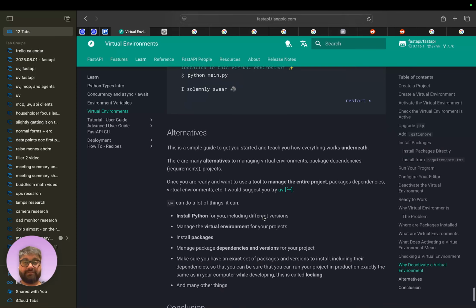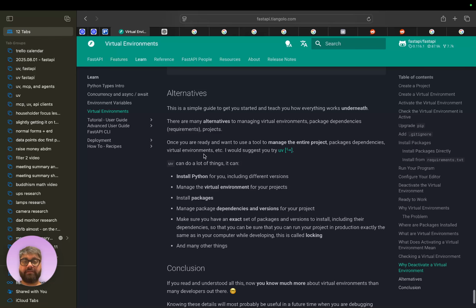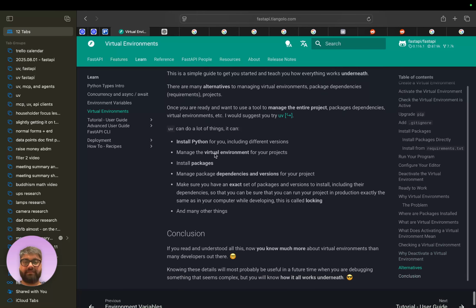Simple guide to get you started and teach you everything that works underneath package dependencies. Because they're just shilling for UV again, which I agree with. It's just better in every way. If you want to learn Python today, forget about it. Learn UV. And UV's not hard to learn. It's way mature. It's so fast, and the speed thing doesn't matter that much, especially if you're a noob and you're not deploying in production. But it makes a nice user experience and reduces the friction